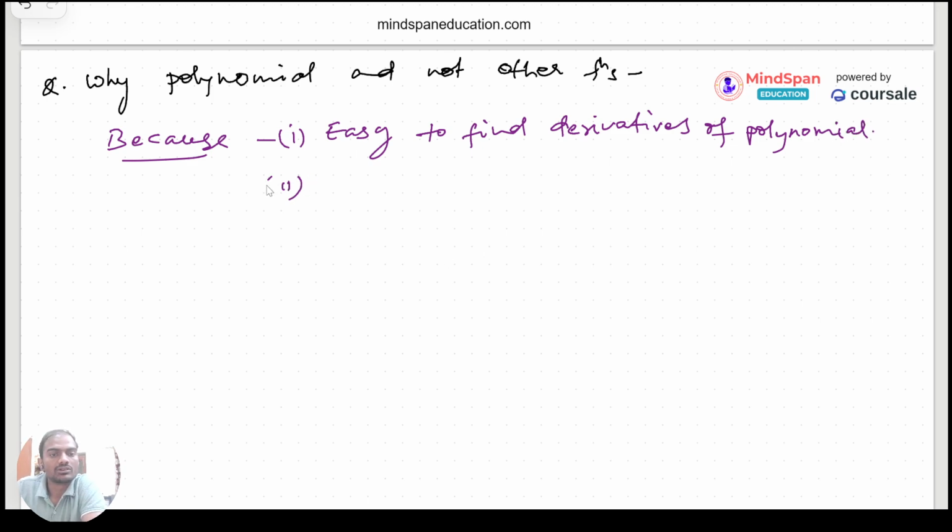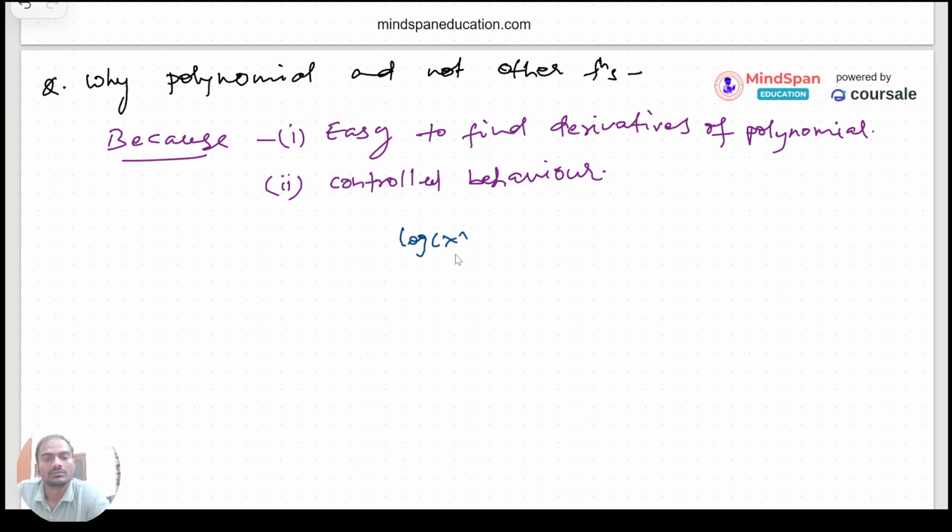दूसरा क्या होता है, आपने देखा होगा पॉलिनोमियल फंक्शन जो होते हैं वो वेल बिहेव्ड फंक्शन होते हैं, उनका जो बिहेवियर होता है वो प्रेडिक्टेबल होता है, इजी टू डिफ्रेंशिएट होता है, इजी टू फाइंड डेरिवेटिव कह सकते हैं। और दूसरा, कंट्रोल्ड बिहेवियर। ओके, कंट्रोल्ड बिहेवियर से क्या मतलब है मेरा, ये जो पॉलिनोमियल होते हैं वो अच्छे फंक्शन होते हैं, they are good boys of calculus। ओके, वो कंटिन्यूस होते हैं, वो डिफरेंशिएबल होते हैं, क्योंकि इन्फिनाइटली डिफरेंशिएट हमें करना है।